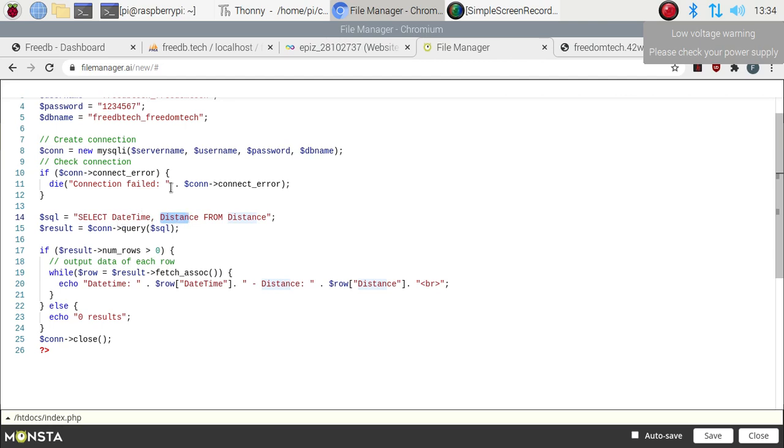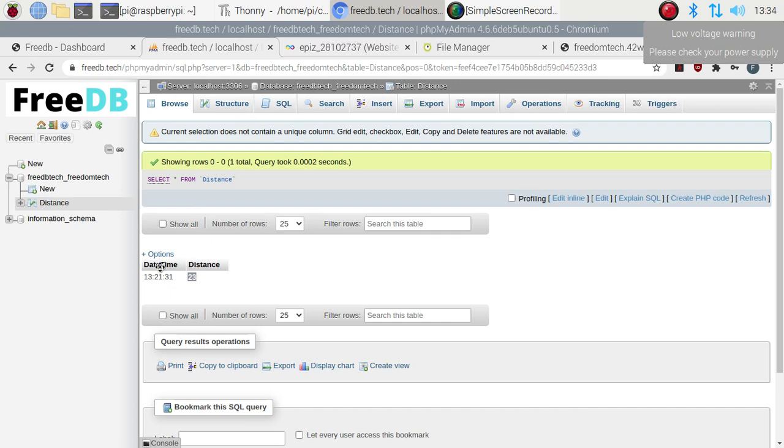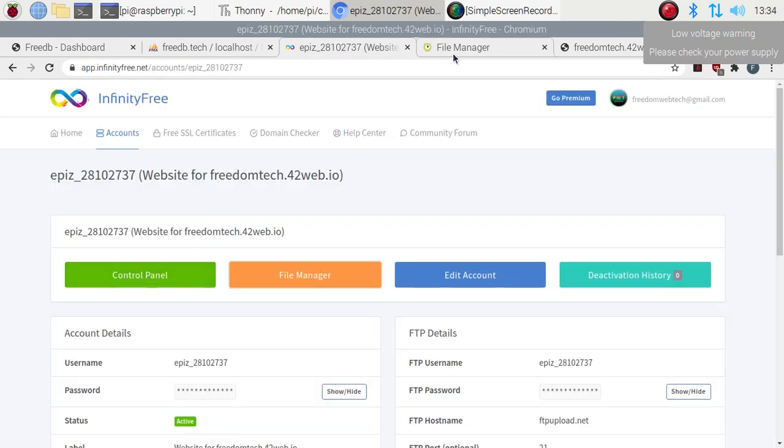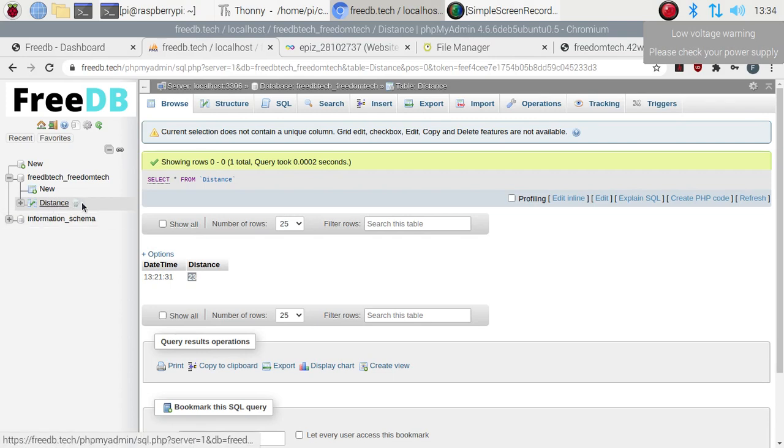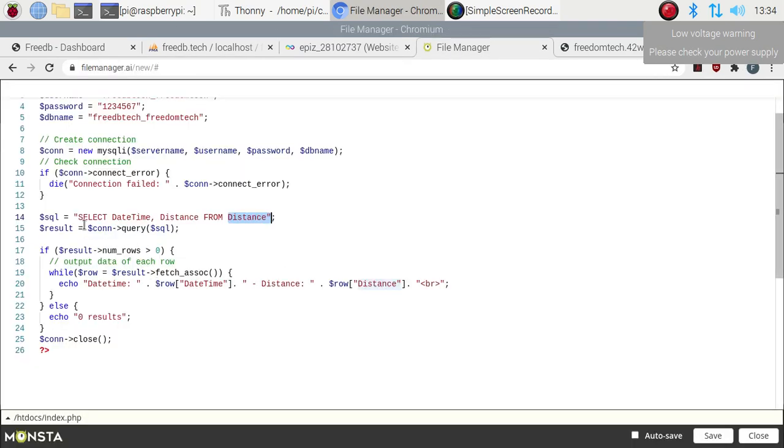Then from distance: distance is our table name. As you can see here, distance is our table name, and inside that distance table we have our date time and distance fields. So mention select date time and distance from distance table.